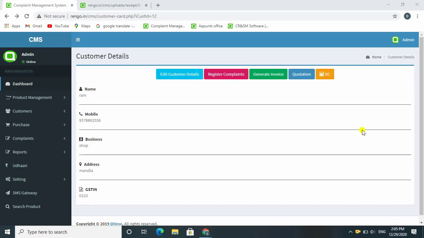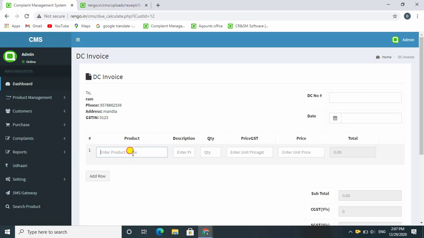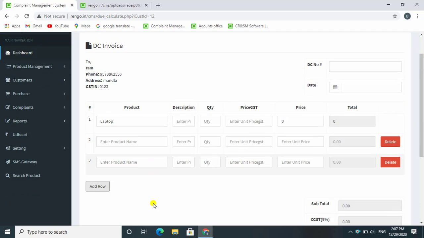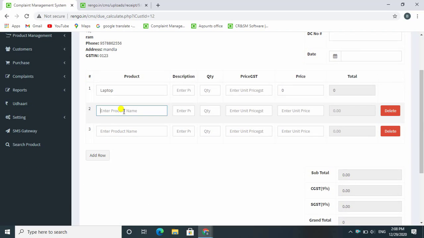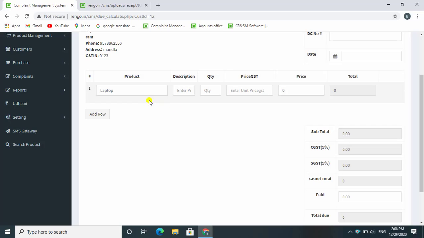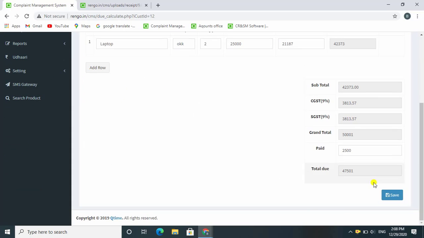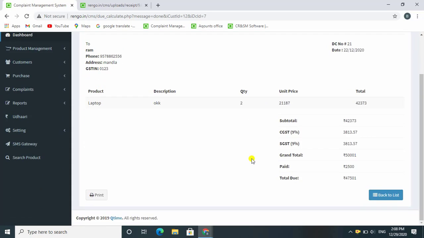If you want to create your customer DC, click the DC button and fill in all the details. If you want to add any other product, click the add row button and fill in your product detail. And if you want to delete your row, click the delete button. Fill in all the details of your customer product. After that, click the save button and print